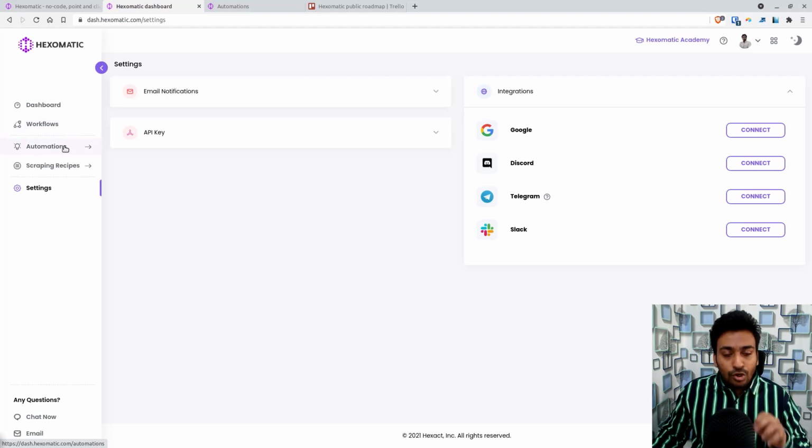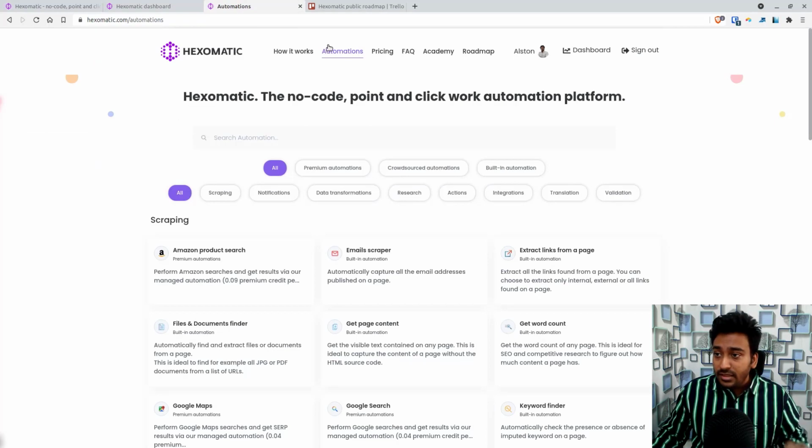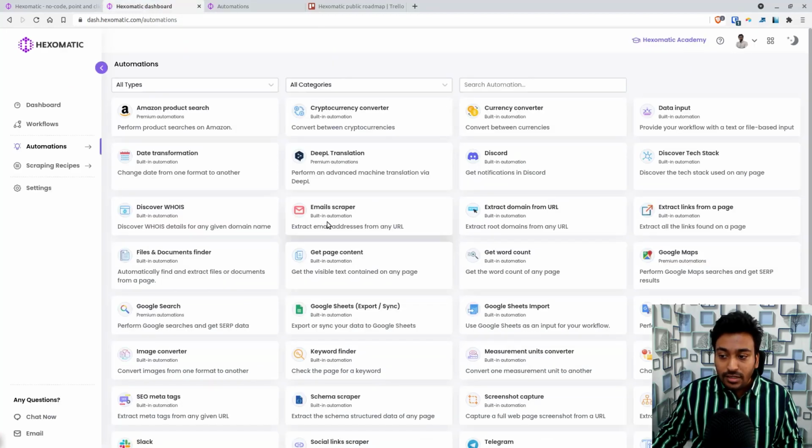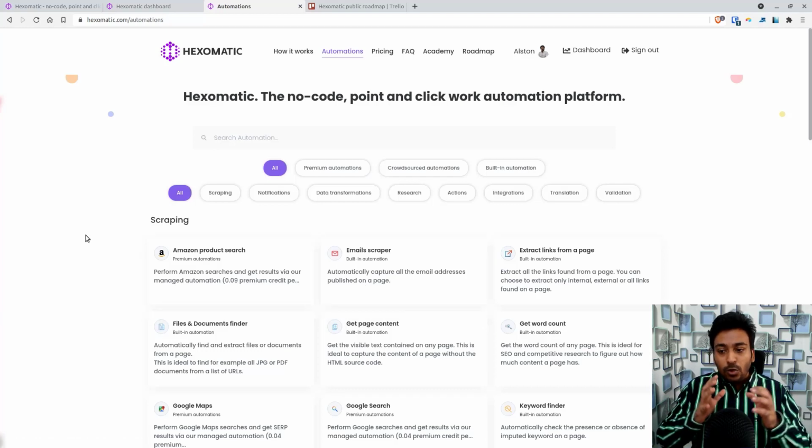First, let me show you automations, which is the easiest and will be the most useful for most users. I'm opening their website and going into automations, which is a bit easier to explain. Here it gives the overall information, and you can see they give a description too. Basically, these are pre-built workflows by Axiomatic which perform certain functions using a specific service or data flow.